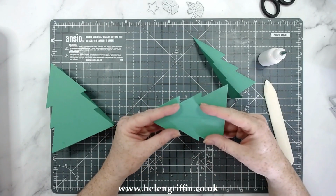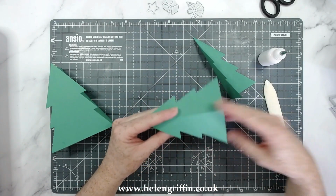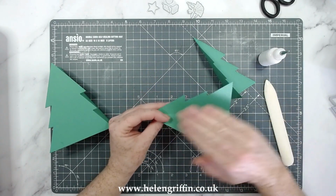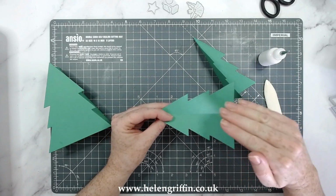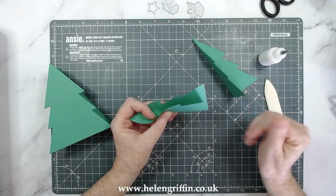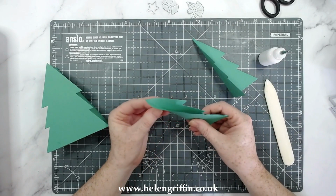Normally with the score line I would fold backwards on the score line, but because this is directional, that's the back of the die cut there, it sometimes picks up some of the texture from the cutting pad. This is my nice side, so I'm just going to do the opposite of what I normally do and fold the other way,